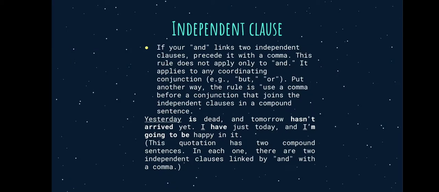Independent clause. If you link two independent clauses with and, separate them with a comma. This rule does not apply only to and. It applies to any coordinating conjunction, for example, but, or. Put another way, the rule is: use a comma before a conjunction that joins the independent clauses in a compound sentence. Example: